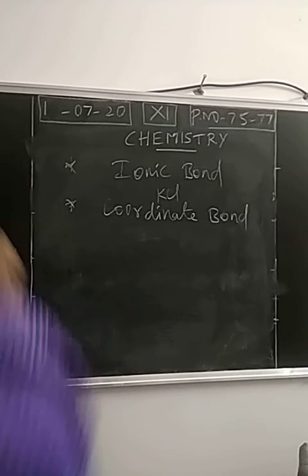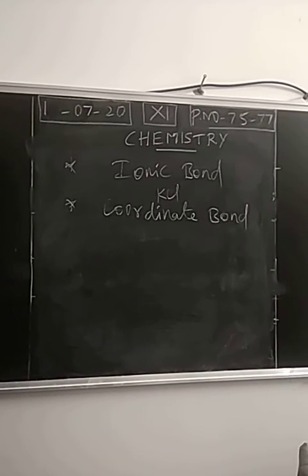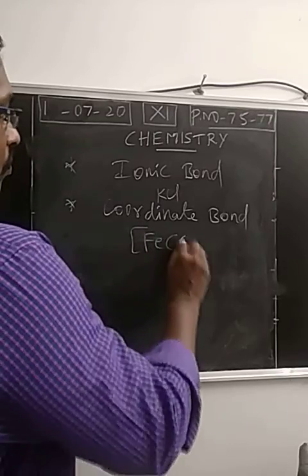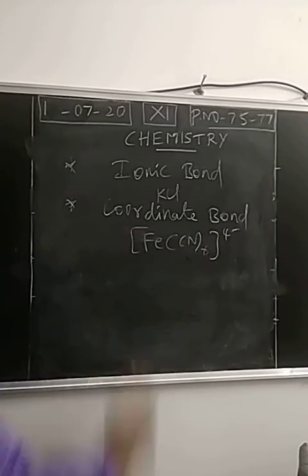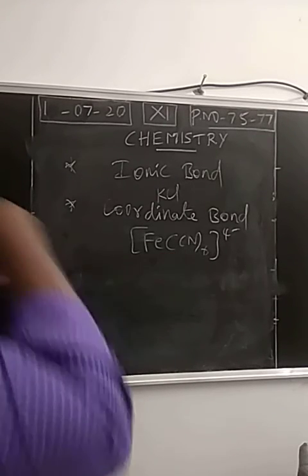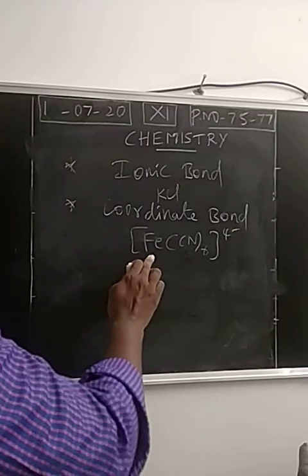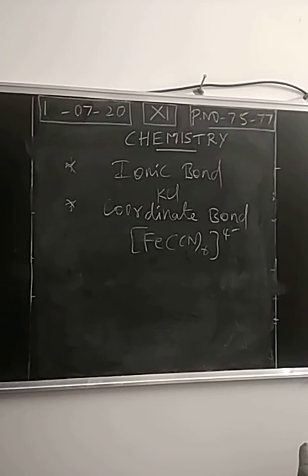How there is a formation of a coordinate bond between ammonia as well as boron trifluoride, and the existence of coordinate bond in the ferrocyanide ion. In the case of ferrocyanide, each cyanide ion donates a pair of electrons to the central atom. So this is an acceptor, right? This is called the central metal atom. This is a donor, which is called a Lewis base, right? This is a ligand. This is the central metal atom. We will discuss this in 12th.